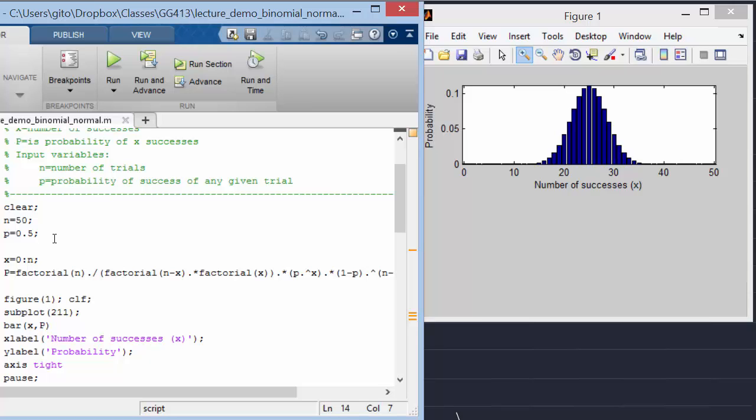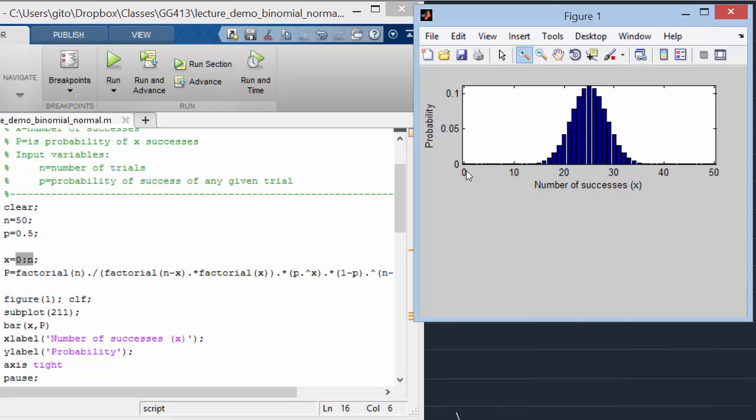For example, we're doing coin tosses. And X is the number of successes. Before we used R for the number of successes, but here I'm going to use X, and I'm varying X between 0 and n. So if we run that script, then we get the plot you see on the right,